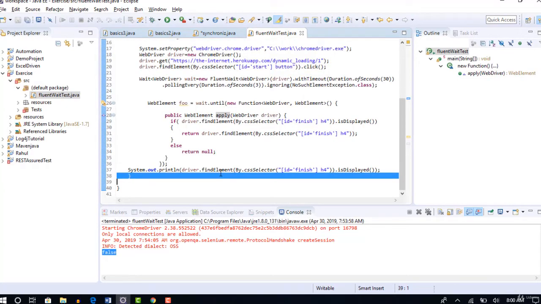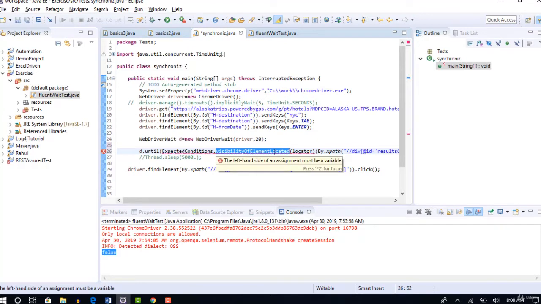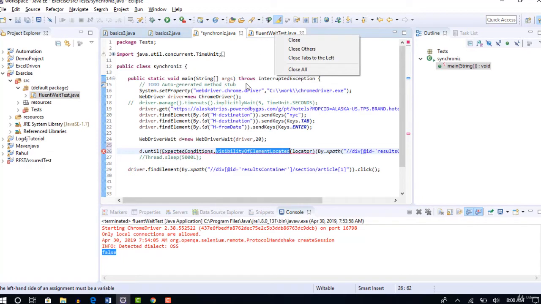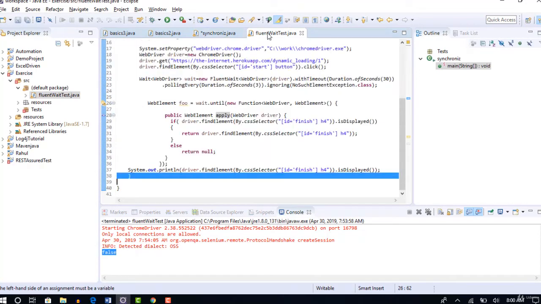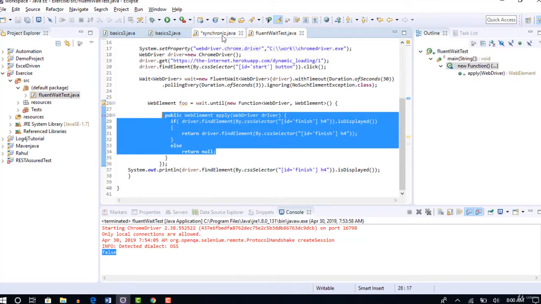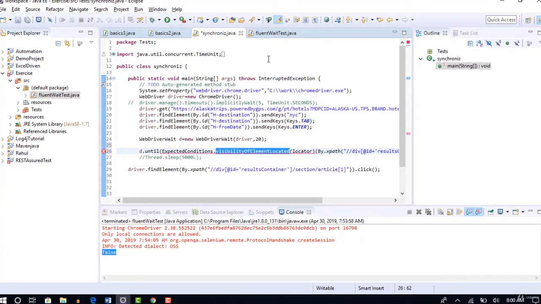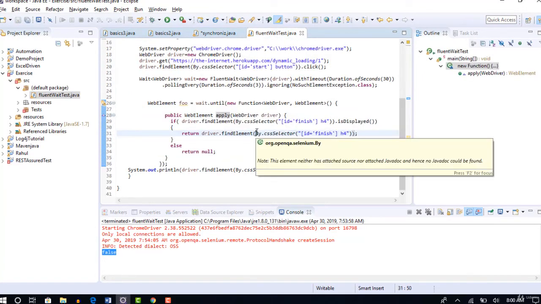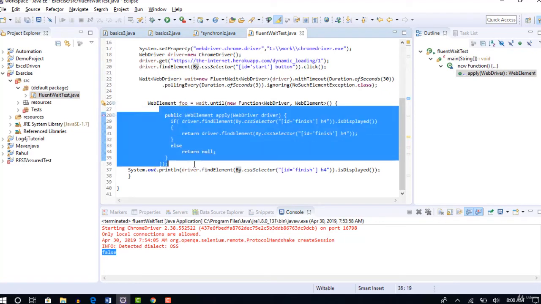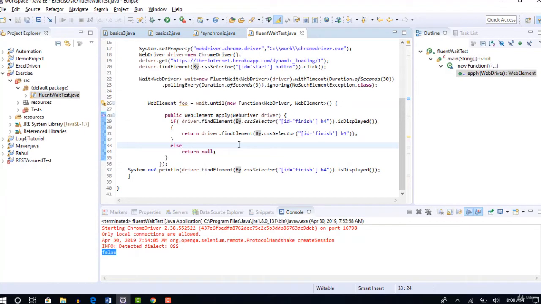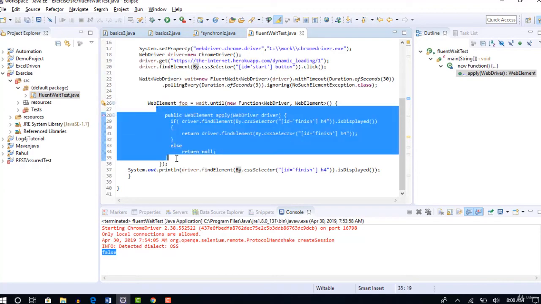So that's the concept. Basically, visibility of element located is a predefined method given by the Selenium guys for us, so that we use directly. But here we are implementing that method. In the backend, Selenium guys have written the same code for visibility of element located and exposed that as one method for us. Whereas in Fluent Wait, we don't have that concept. So we ourselves have defined a customized visibility of element method using this. You don't have any other option, because in Fluent Wait you will not get those predefined methods. You need to define all these customized elements.